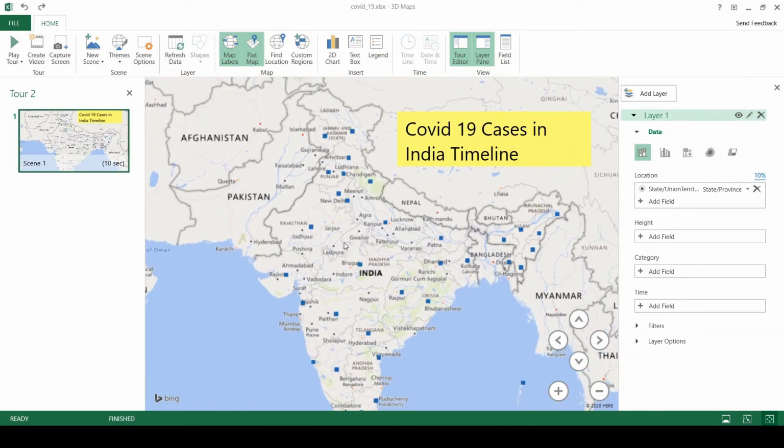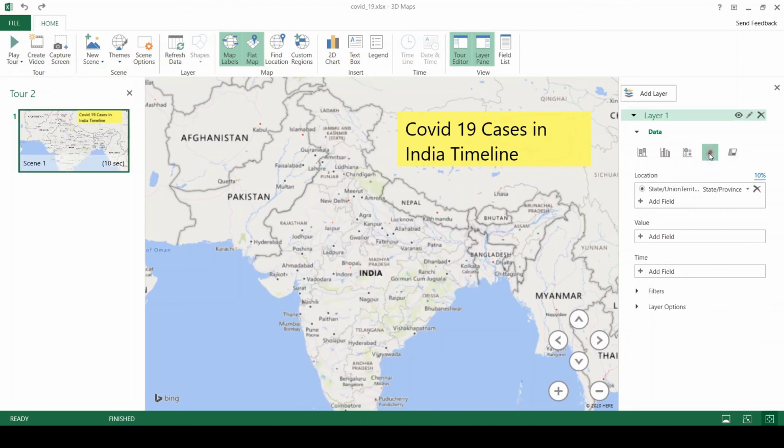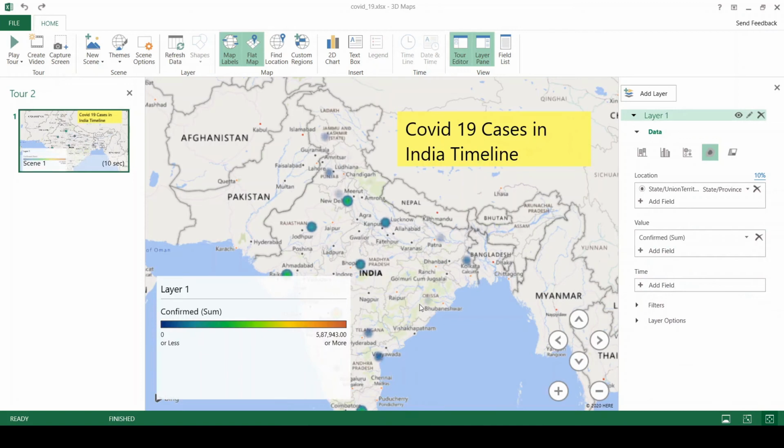Zoom in a little bit. This time I think I'll choose heat map for a different visualization. Now my value remains the same as confirmed cases.